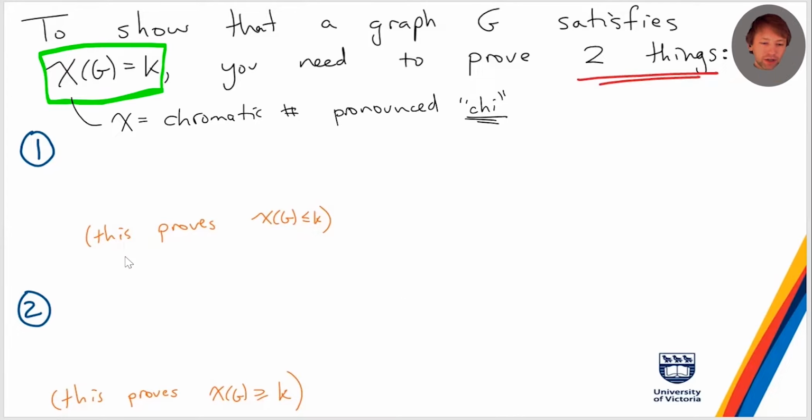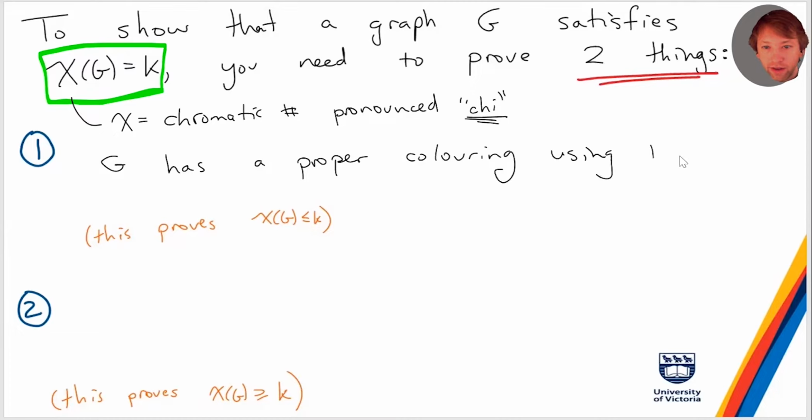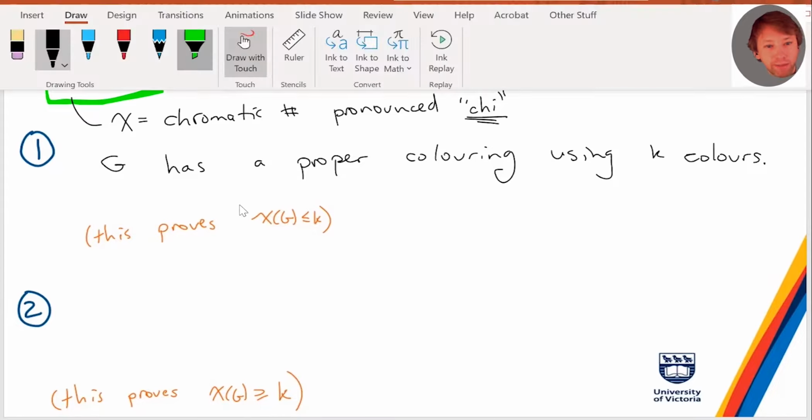Right, so if I want to determine the chromatic number of a graph, I need to prove two things, right? Just to make it clear, I need to show that the graph G has a proper coloring using k colors. Okay, and if G has a proper coloring with k colors, then that proves the upper bound,